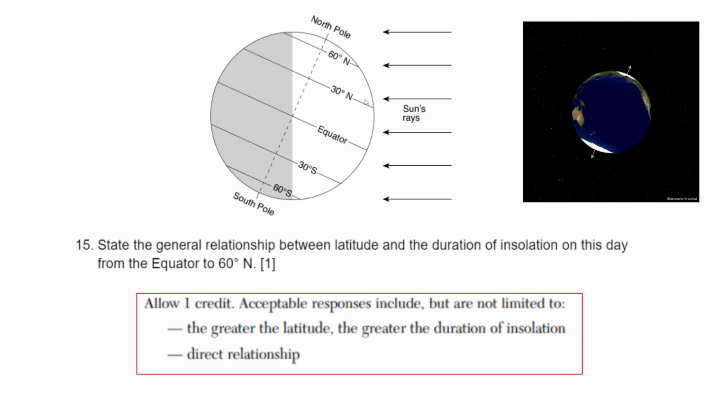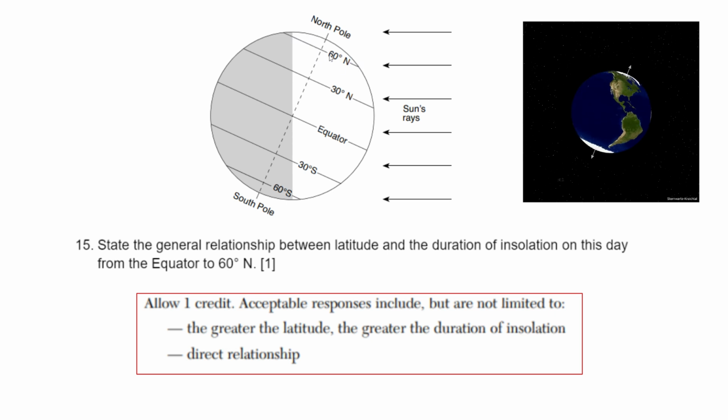So the higher you are going up in latitude from the equator to 60° north, when the Earth is tilted towards the sun, you're actually getting more sunlight. That's what it's asking. Longer days, longer amounts of sunlight. And you can see as the Earth is spinning in this position, kind of like this, if you were someone at 60° north latitude and you were spinning around this area, you would be spending most